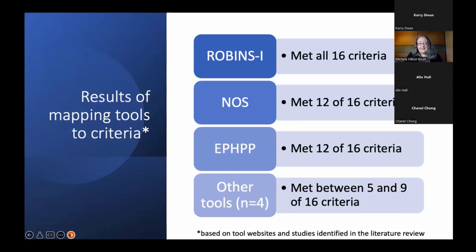A few caveats are in order here. The criteria and the number of criteria met aren't intended to be used as a quantitative evaluation score, but only for relative comparisons of the strengths and limitations of different tools. They're only based on publicly available documentation, and more information might be available from the tool's developers that would change the conclusions. Also, new versions of tools or new supporting materials may be published in future that would change the assessments.